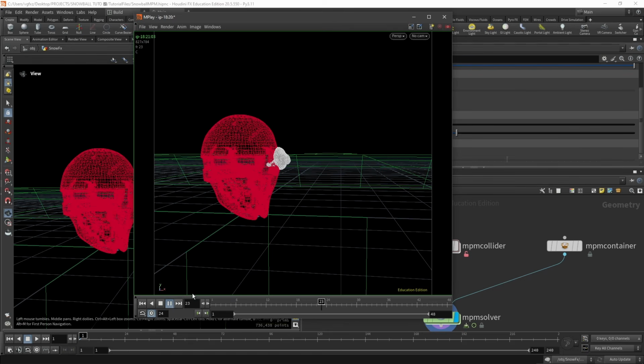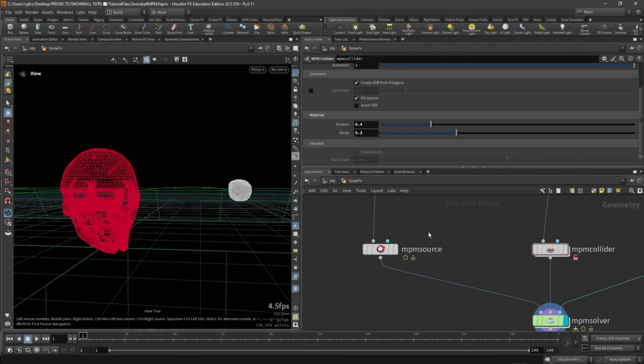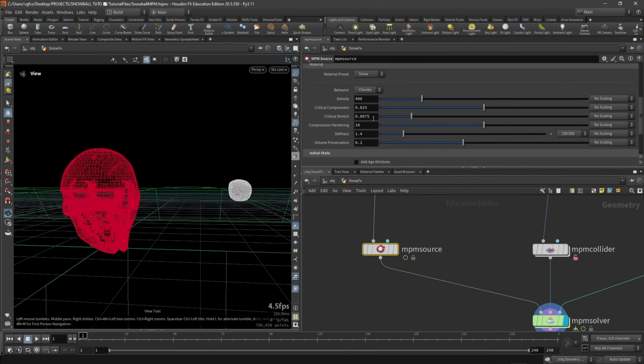Okay, so now we can see that our snowball is sticking to the helmet, but there is no breakup at all. So we will have to adjust a few values on the MPM source in order to get better breakups. We can change our critical stretch. What this critical stretch does is when you have a higher value, you will have less breakup, and when you have a lower value, your points will break up more and you will have less chunky parts of snow. So let's use